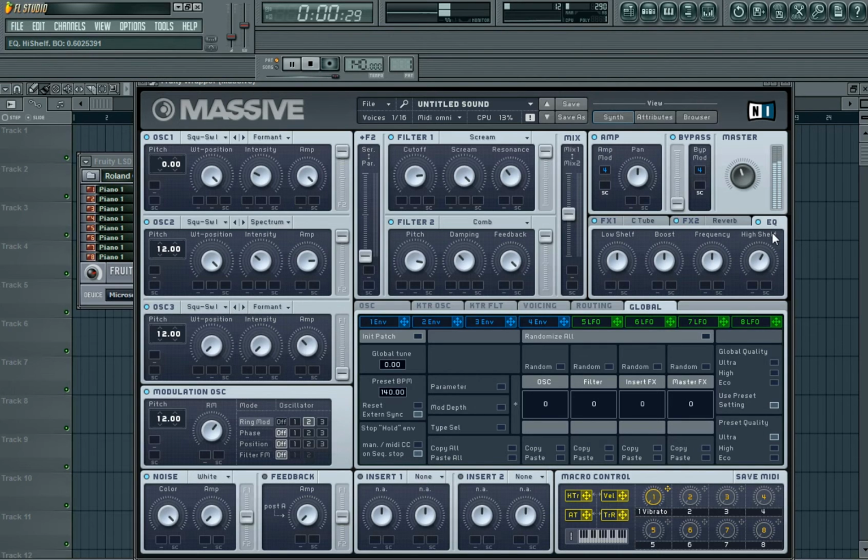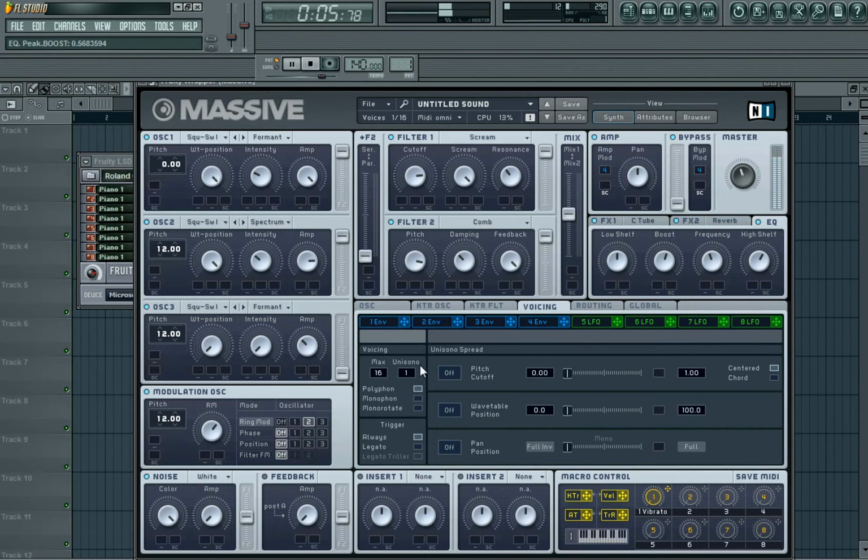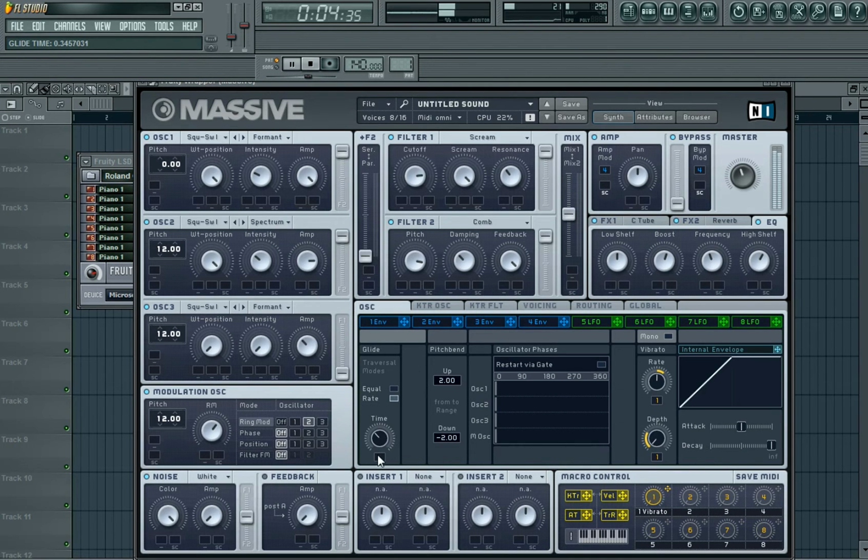Frequency down just a tiny bit, boost up a tiny bit, and then leave the low shelf as it is. Now go into your voicing tab, move unisono up to 8, and then select monophonic. Now go into your oscillator tab and turn down the time to about 10 just so you get rid of the long glide. Then turn on both inserts, make one a parabolic shaper,